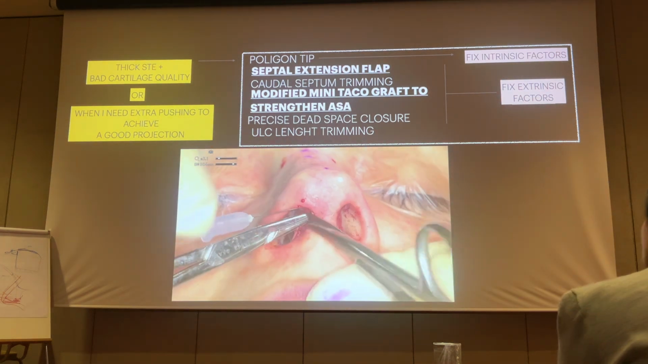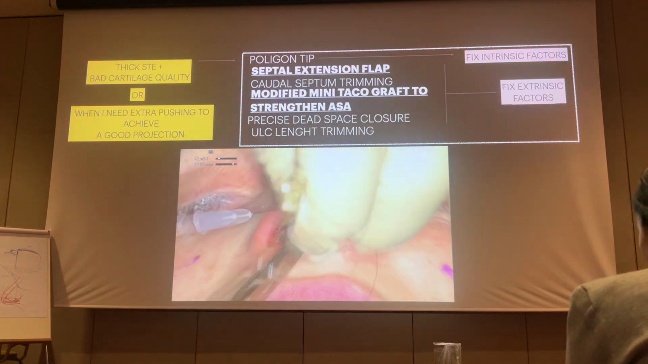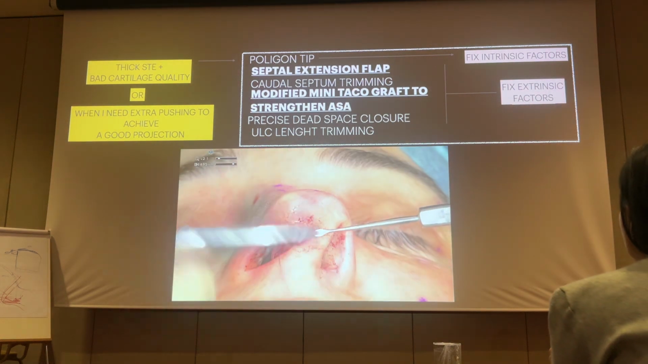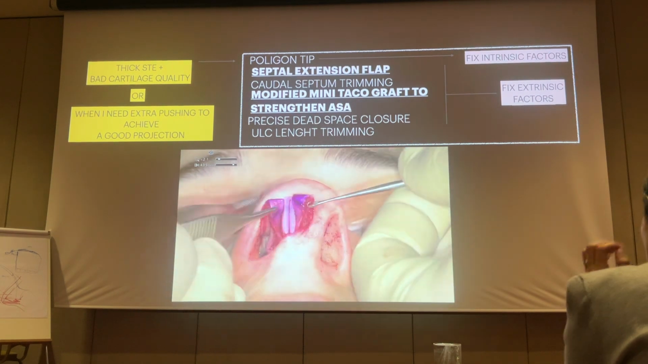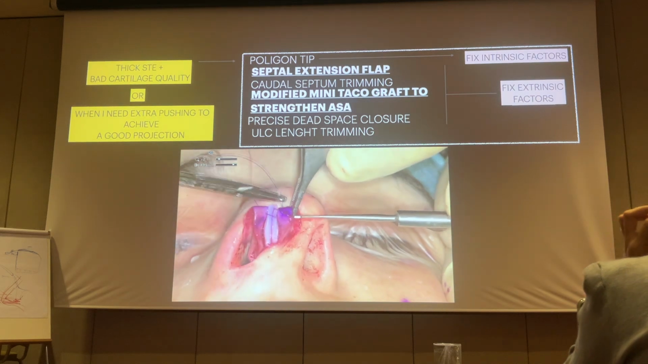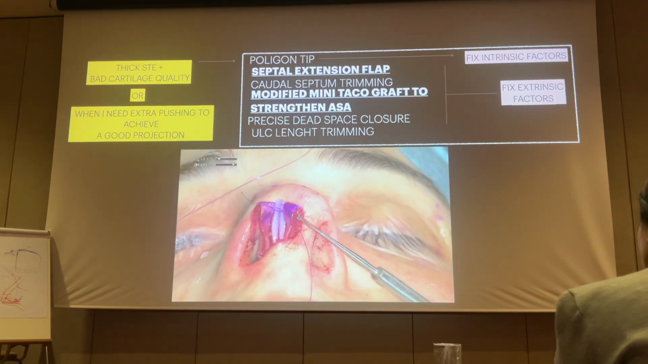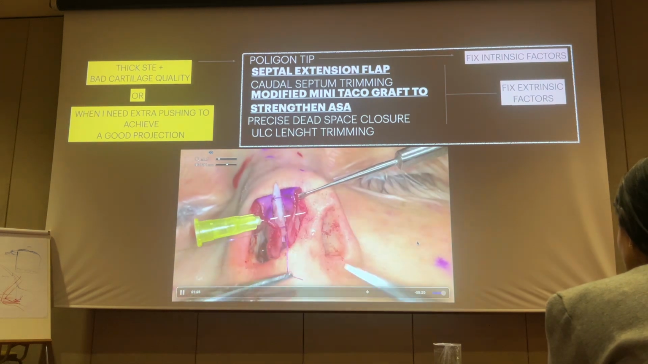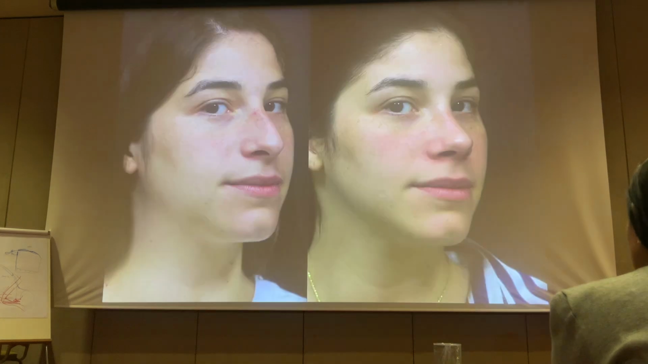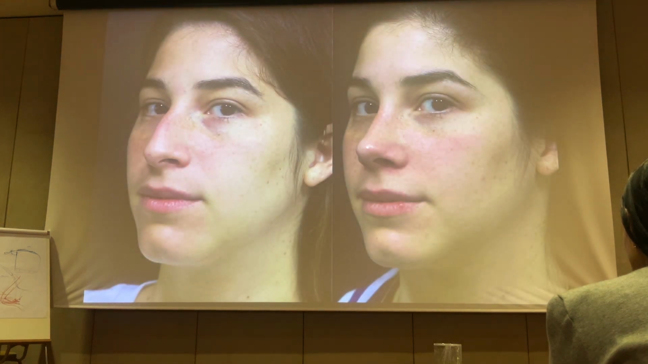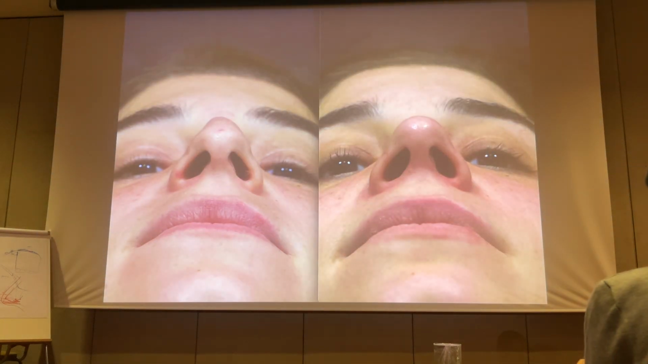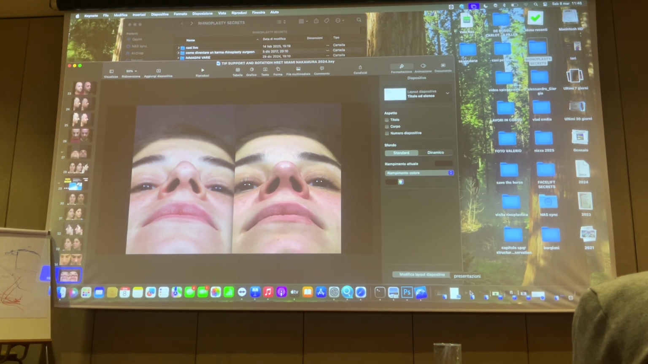Okay, my tip is going to be maybe a little bit harder, but I don't care, because I want to be sure that this tip is not going to move, and I want my result forever, let's say. Okay? And then after it, I finish my tip in a classic polygon way. So my take home, this was the result. You can see I have a better ratio. I was able to extend the infralobule. So my take-home message is don't use just one technique, but analyze the patient and do